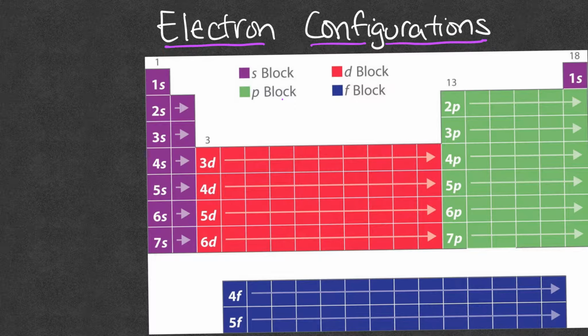All right, so in this video, I wanted to review electron configurations. Electron configurations, in a nutshell, are basically how the electrons configure themselves around the nucleus. In time past, we looked at Bohr's model of the atom, and Bohr's model of the atom is kind of like the solar system